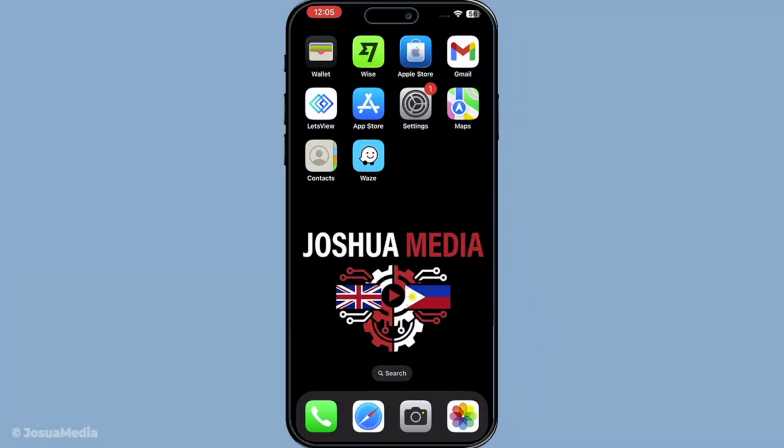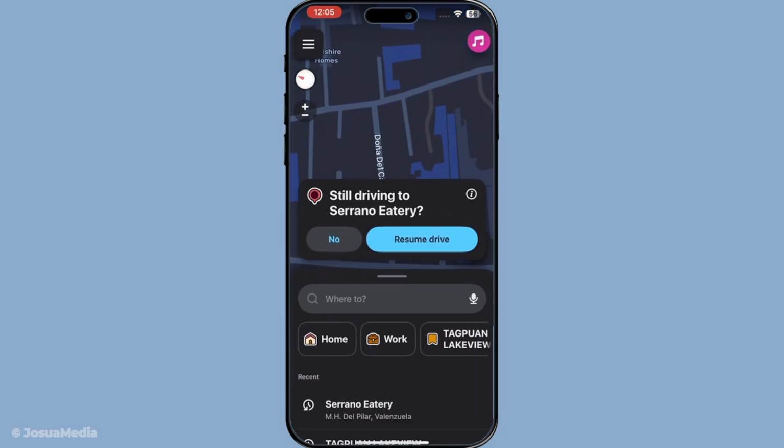In today's video, I'm going to teach you how to make Waze app talk. So grab your iPhone and let's walk through this together like you're setting it up right now. Start by opening the Waze app on your phone. Once it opens, give it a second to fully load until you're on the main map screen and you can